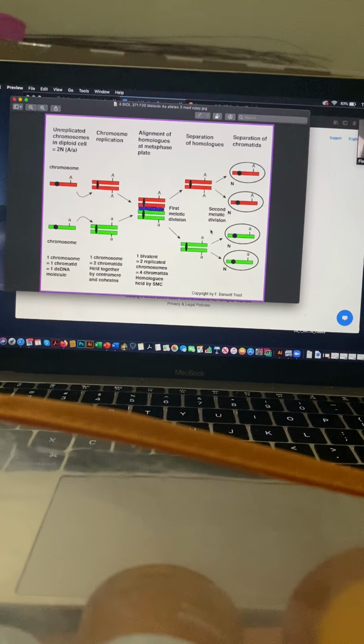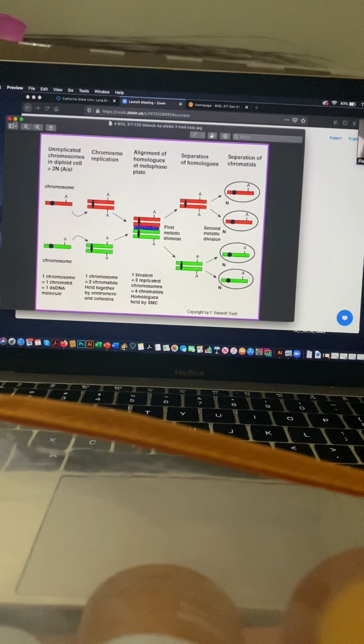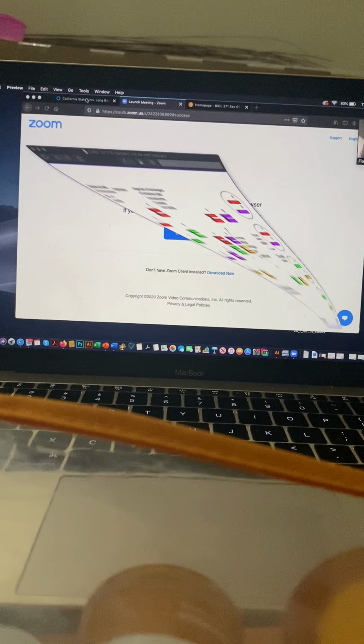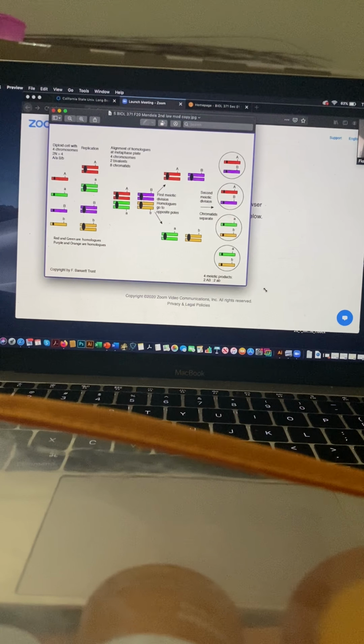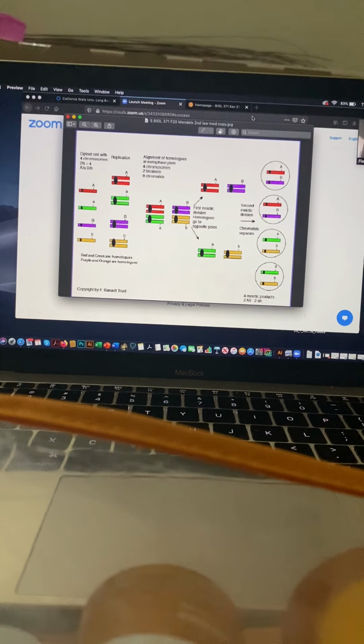Okay? That's in plain words. This is Mendel's first law. Are there any questions thus far? Okay, so now let's look at a cell that has